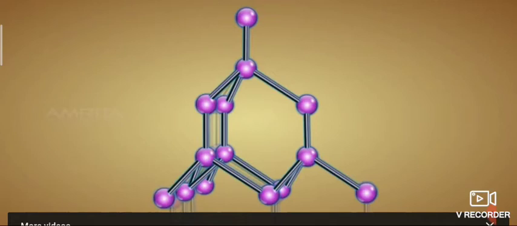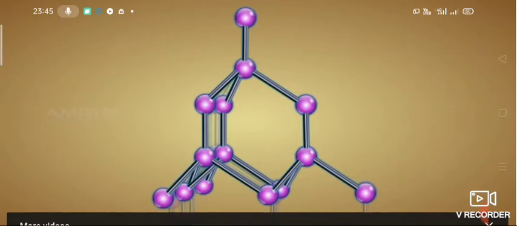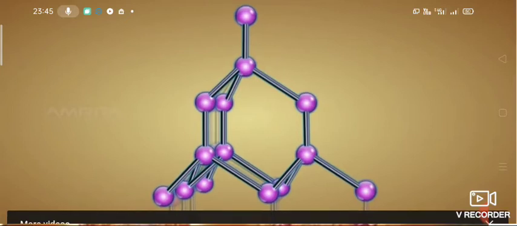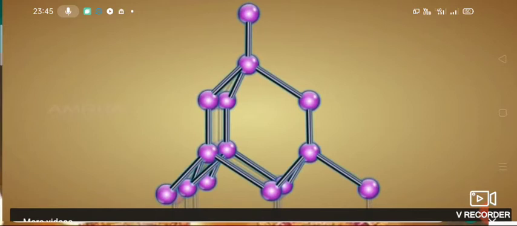It is a poor conductor of electricity because of the absence of free electrons, as all the 4 valency electrons of carbon are engaged in the formation of covalent bonds. It has high density due to close packing of carbon atoms. It shows extraordinary brightness due to its highest refractive index. It is a colorless transparent substance. On burning diamond in oxygen, only carbon dioxide gas is formed.